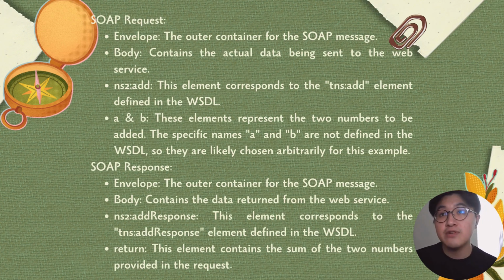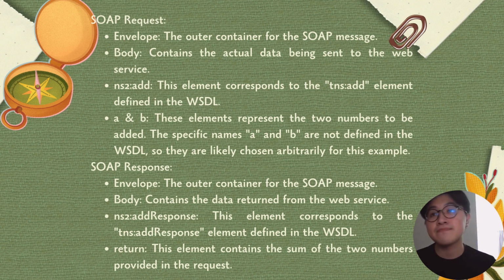For the SOAP request, the envelope is the outer container for the SOAP message. The body contains the actual data being sent to the web service, and s2:add, this element corresponds to the tns:add element defined in the WSDL. The A and B elements represent the two numbers to be added. The specific names A and B are not defined in the WSDL, so they are likely chosen